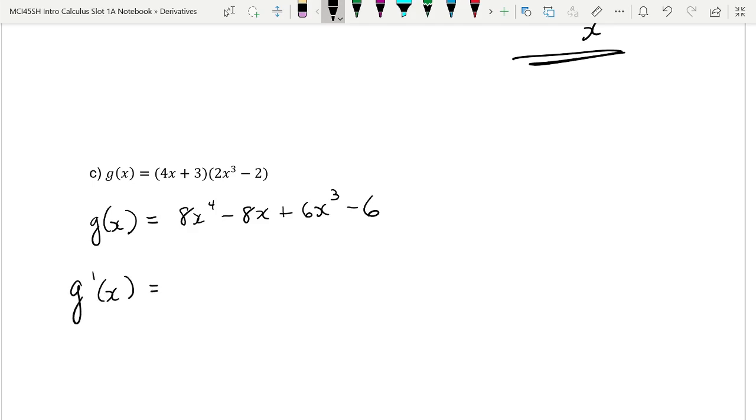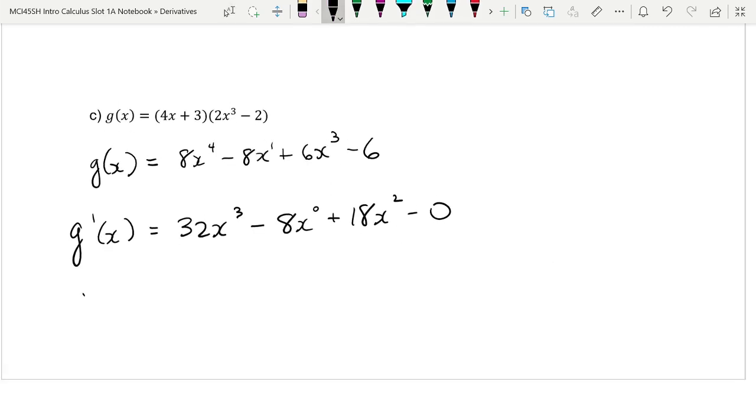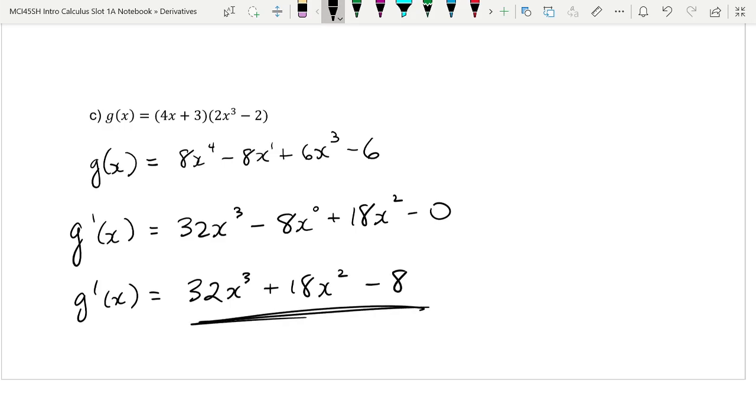G primed of x is 32x cubed minus, now careful with this one, right? That's just going to be 8. Do you get why that's just 8? You want me to write it down? Because think about what happened, right? This 1 that's here became something that multiplied with the negative 8, and then 1 minus 1 is 0, plus 18x squared minus 0. And then let's just tidy all that up. That's 32x cubed. I'll rearrange it in order of descending powers too. There we go. Okay, so you can now do